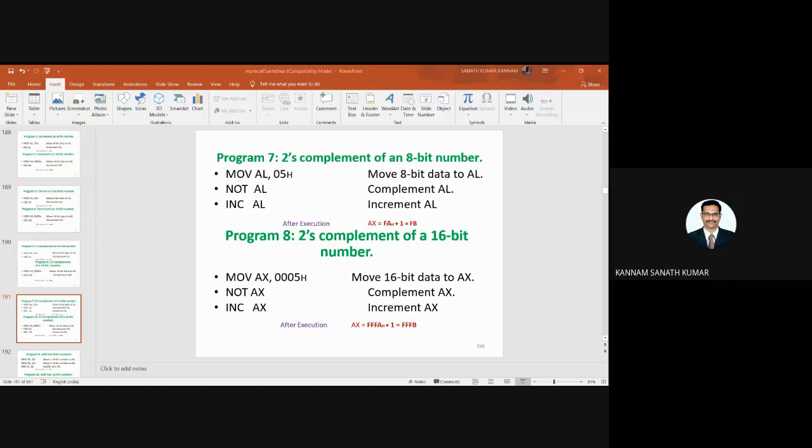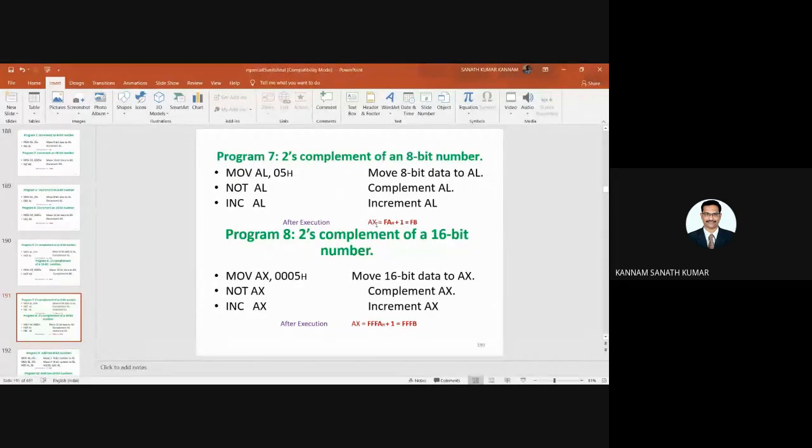You are complementing AL, so it becomes FAH. INC AL means you are adding 1 to AL. That means FA plus 1, that means FBH. This is the result you are getting in AL, not AX. After execution, you will get the result.